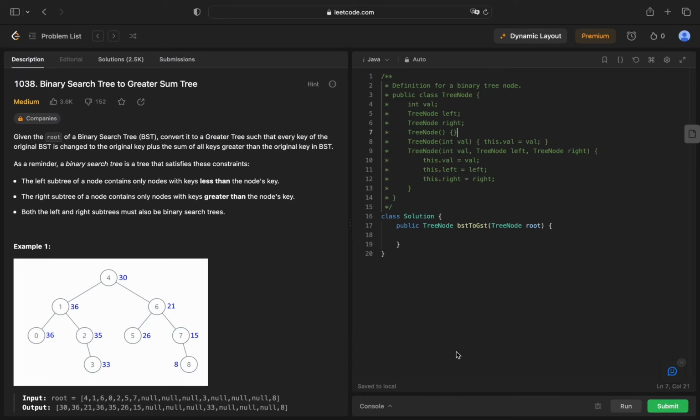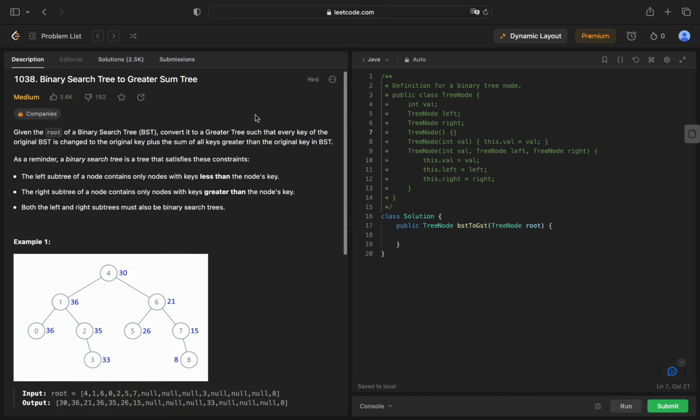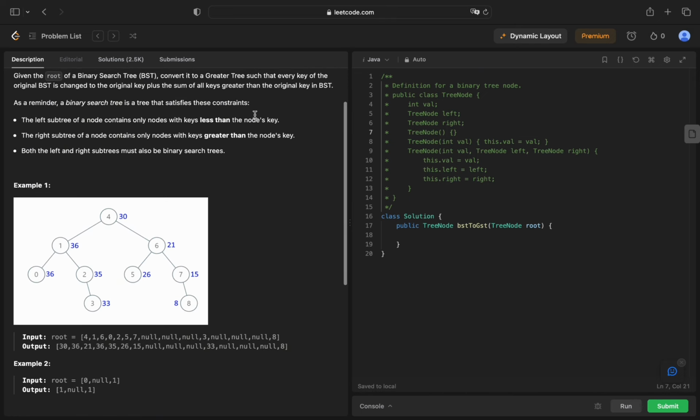Today we are solving LeetCode number 1038, Binary Search Tree to Greater Sum Tree. This question is a medium level question, and again that's another tree related question. So let's dive into the description, which says: given the root of a binary search tree,